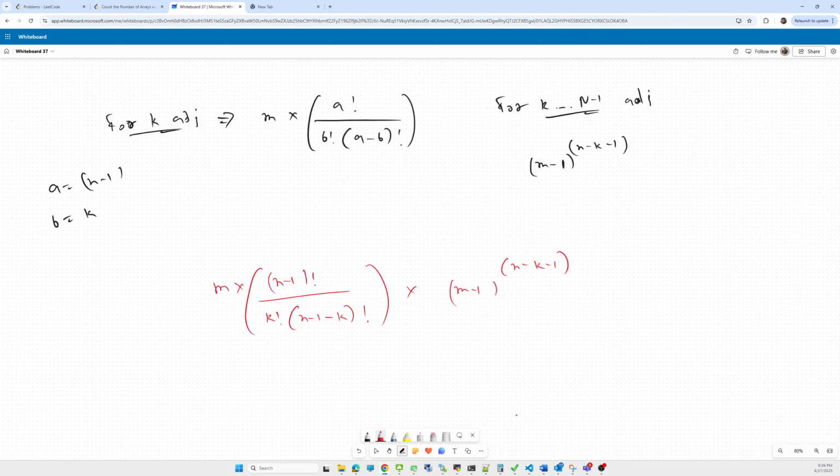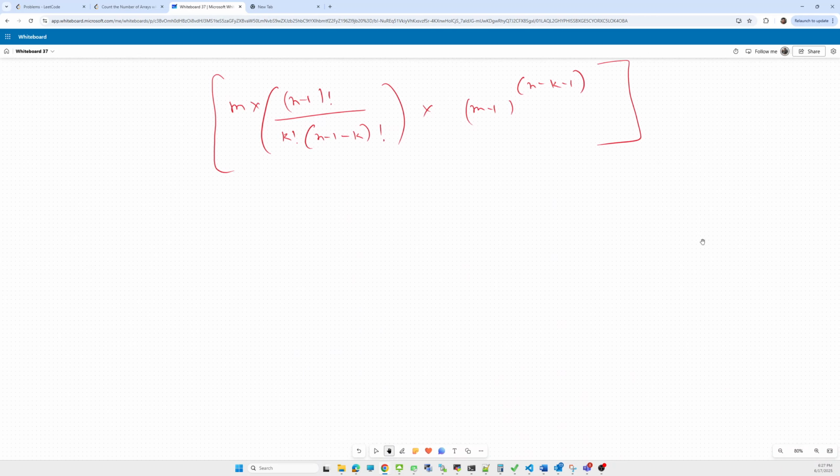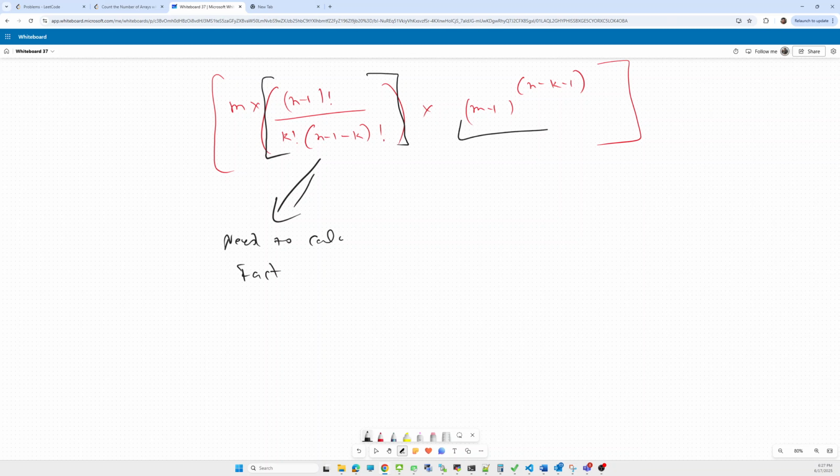Now to solve this equation we have to calculate two things. In the first part we have to calculate the factorial, and in this part we want to calculate the exponentiation, the power.